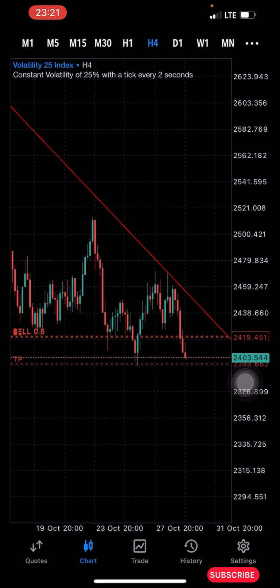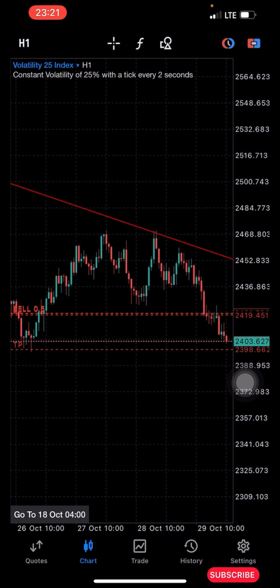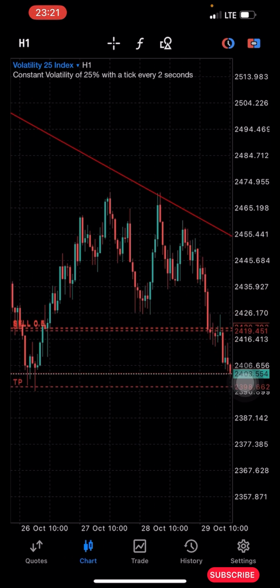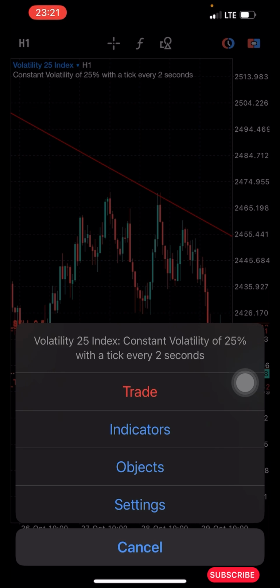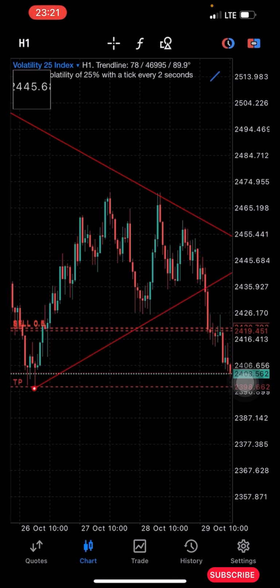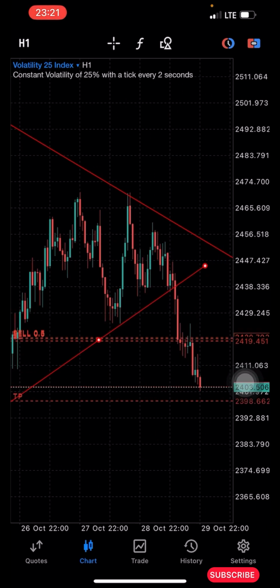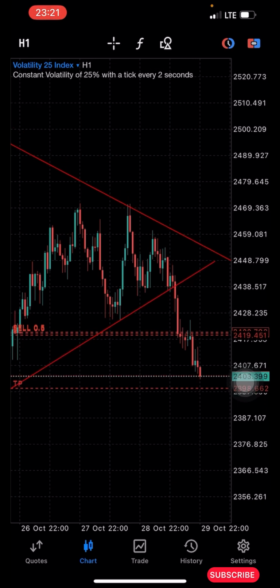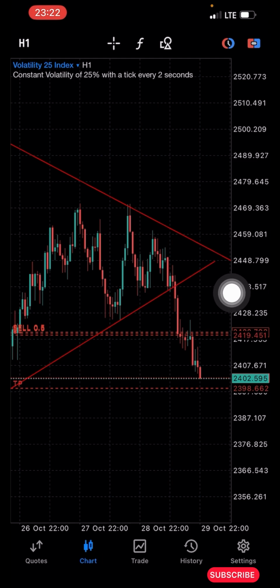So I did this, then I stepped down to the lower time frame again. You can see that all indication is pointing towards the downside, and from here initially there is a counter trend line towards the upward area. So I marked this area, and then the next thing was that I put in some support and resistance, because initially when I came into the market, price had already broken below our trend line. One thing I've observed from the volatility 25 index market is that whenever it breaks below a trend line like this, it hardly goes back for a retest. So what I did was that